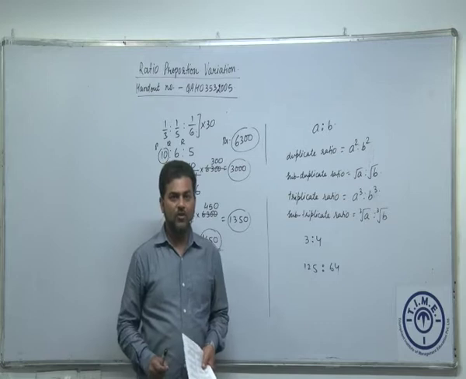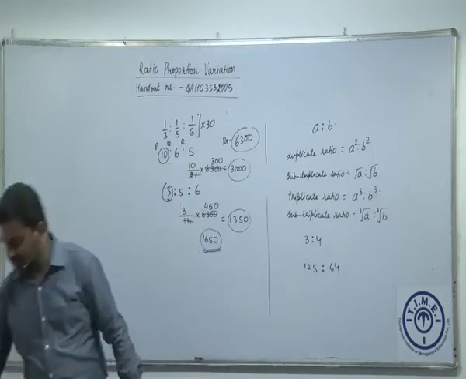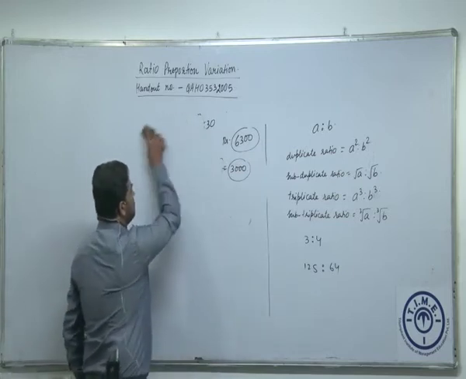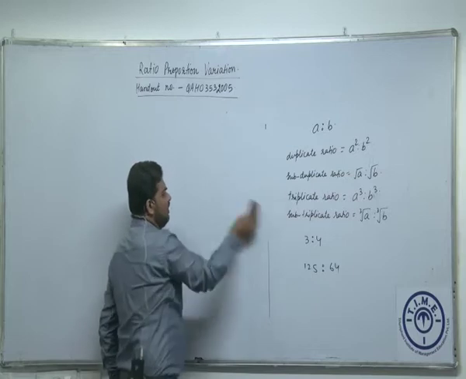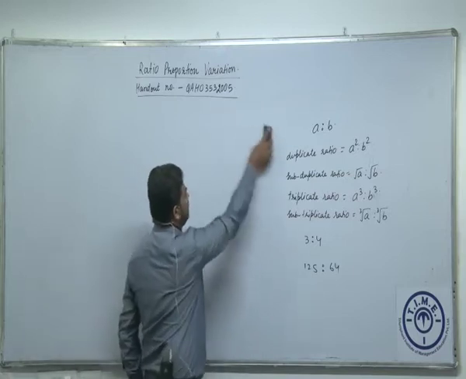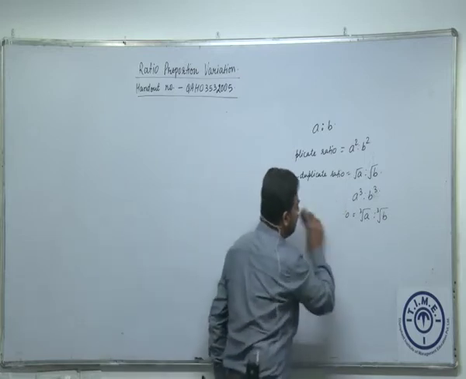The next segment is about comparison of ratios. Okay, let's see how do we compare ratios. As you remember, in the beginning I said when you add a constant to a ratio or subtract a constant from a ratio, then the ratio will change. Now we are going to see how it will change, whether it will increase or decrease.